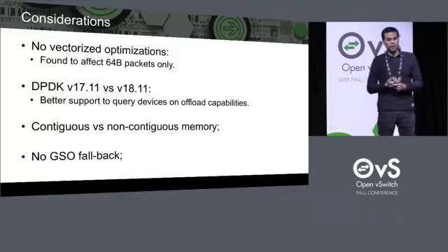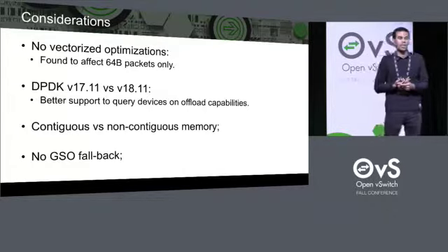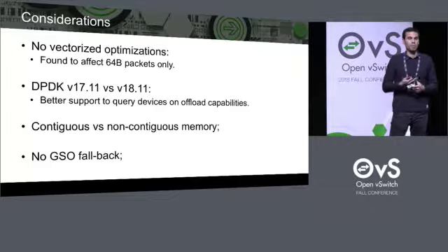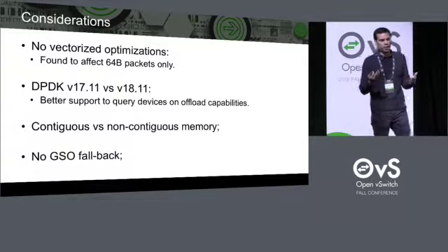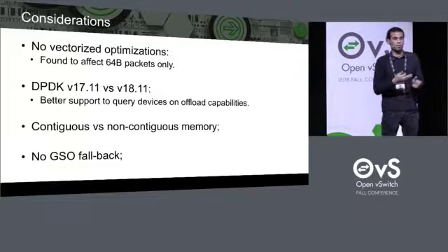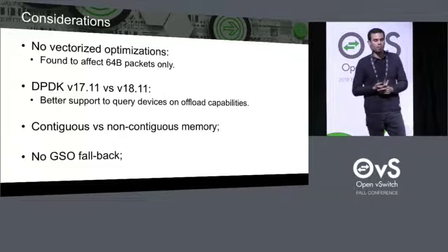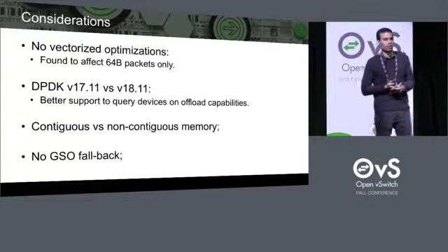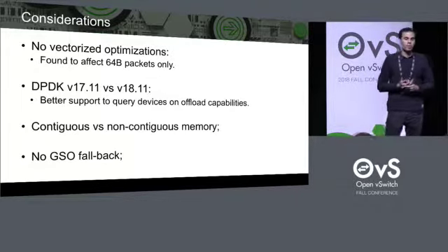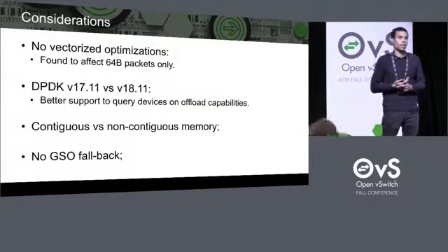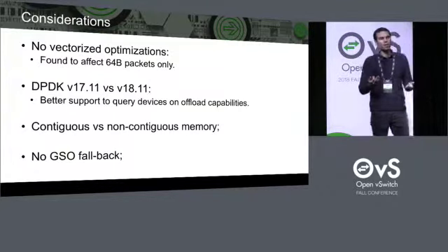And in other cases, for example, when integrating in user space with the type interfaces, where fixed functions are being used that expect contiguous memory to be passed, we saw no other option other than actually copying the data from those multi-segment MBUFs and putting it in a contiguous region of memory and passing that instead. And the other point is that there's no GSO fallback yet,